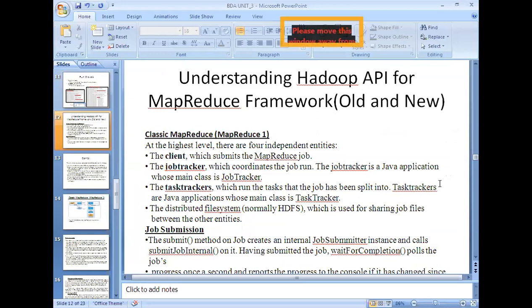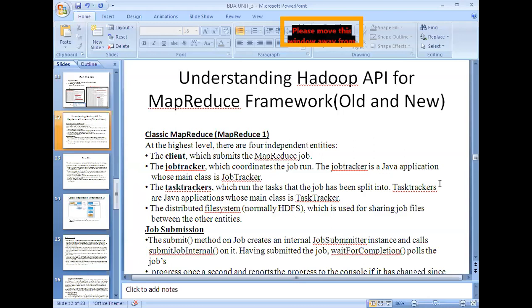Initially, the first version, which we can call classic MapReduce or simply MapReduce 1, all the examples given in our textbook are based on the old framework only. Of course, they also specify the important aspects regarding the new APIs, but the examples are meant for executing in the old API format.